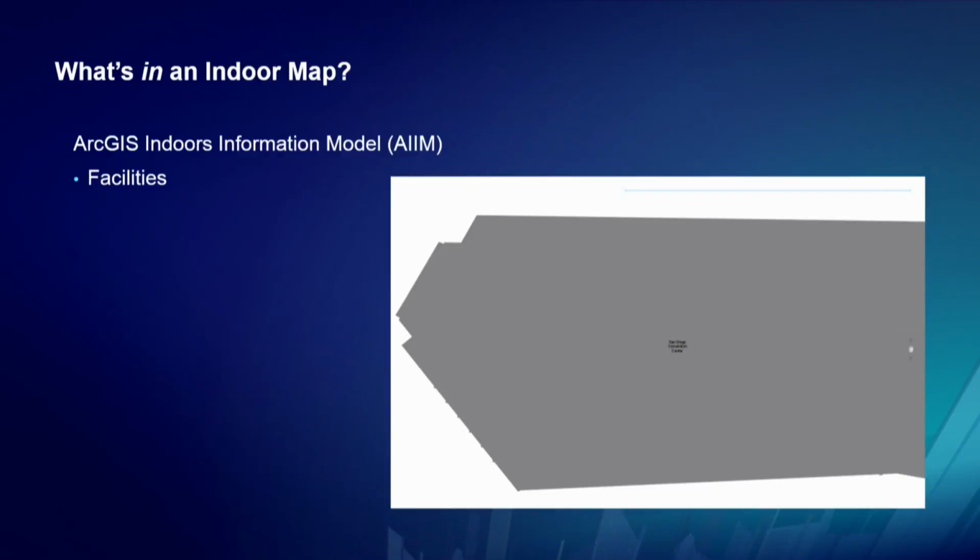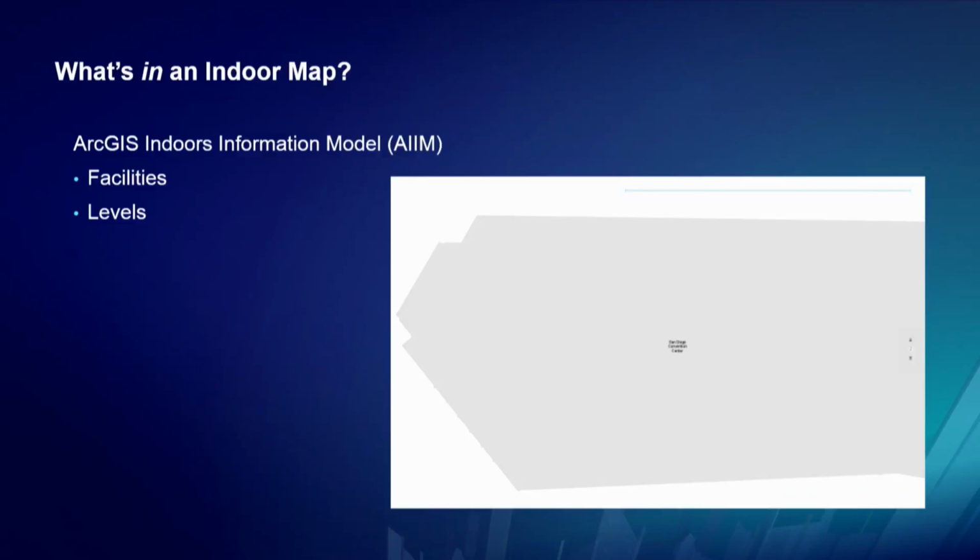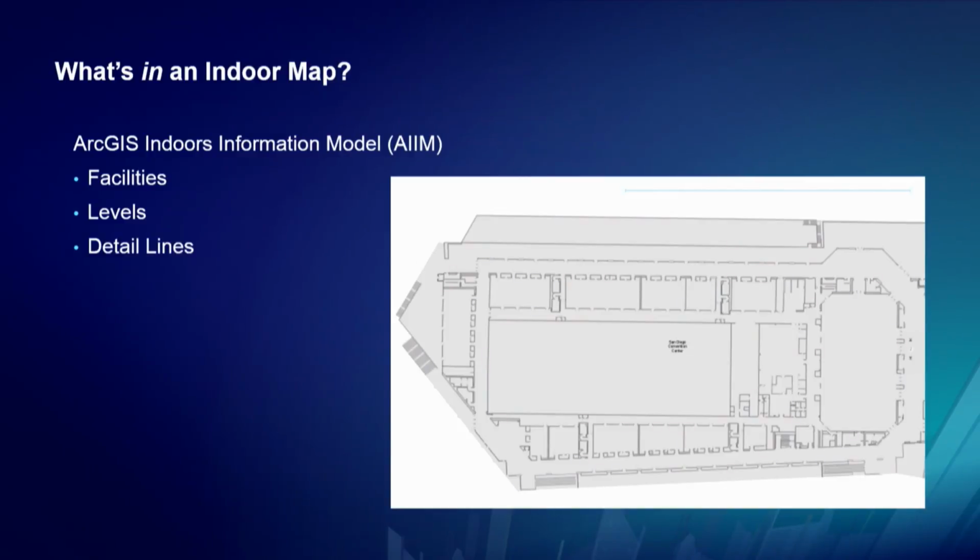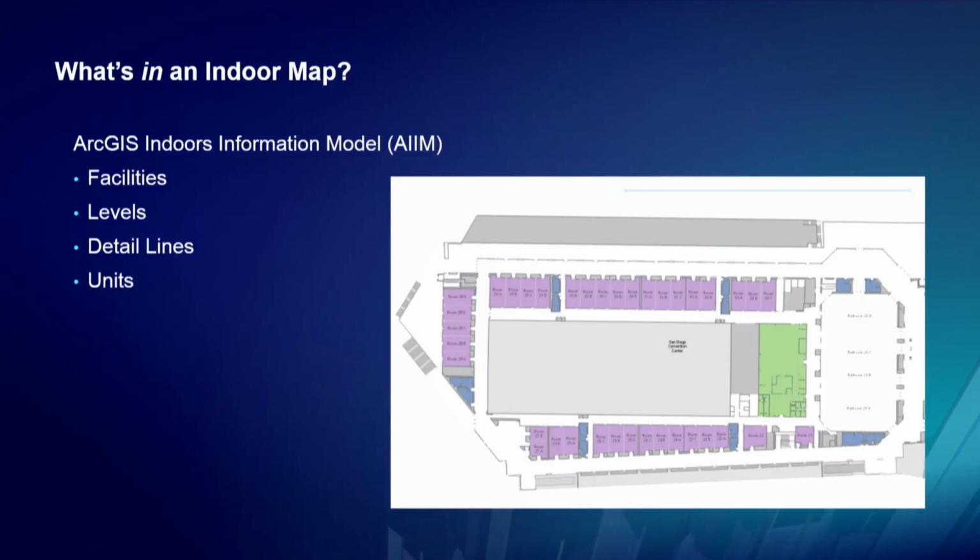So we're going to use the San Diego Convention Center here as our example. And we have our facility footprint polygon that contains information about ownership and your address, for example. You have levels. You may have multiple levels like we do here in San Diego. We have 3 floors here in the convention center. Detail lines, these show you where you have walls, doors, columns, maybe furnishings. Units. Units are defined by the walls that enclose them, the doors that allow you to enter them. And so we have here the area of the convention center next to the ballroom, 20, and all the meeting rooms to the left of it.